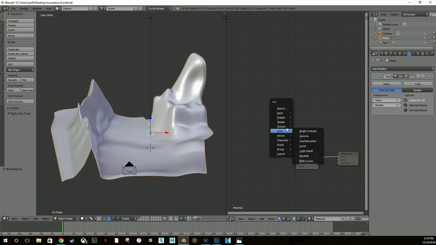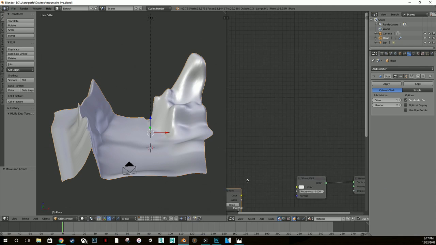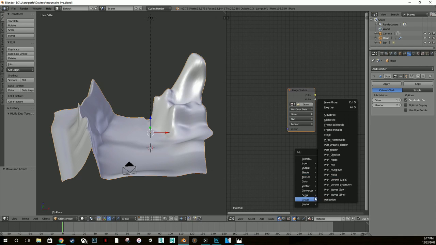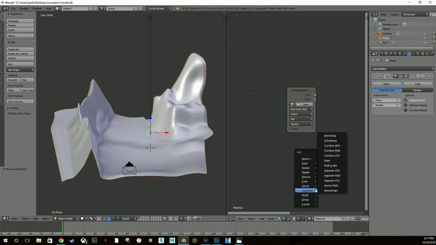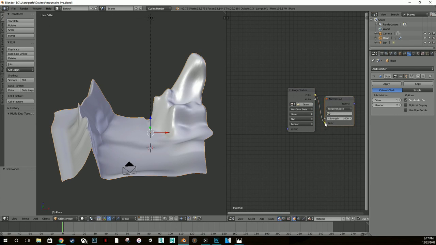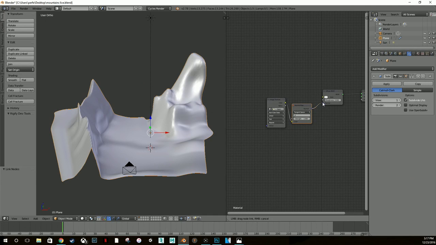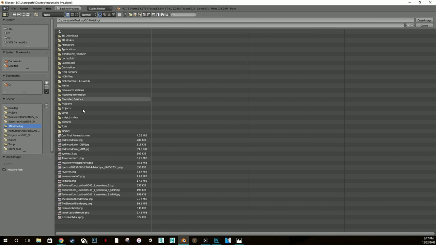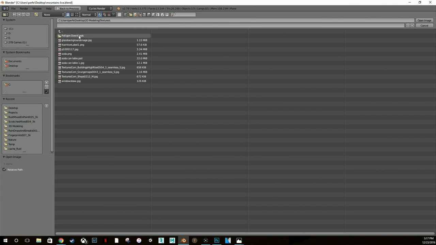Image texture, image texture. Now, if I can, where is it? There it is. All right, we're gonna change this to non-colored data. We're gonna go to converter or vector and say normal map. We're gonna put this in that. We're gonna put this in the normal section, and then we're gonna go to desktop, 3D modeling, textures, polygon downloads,